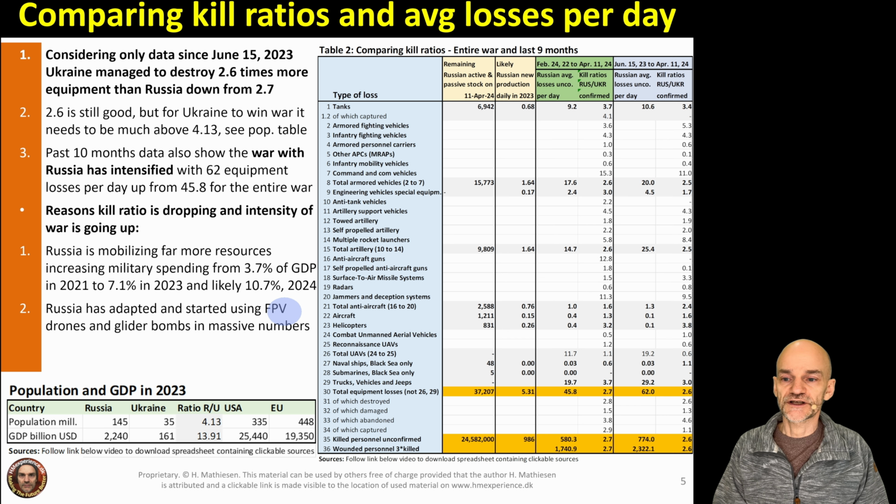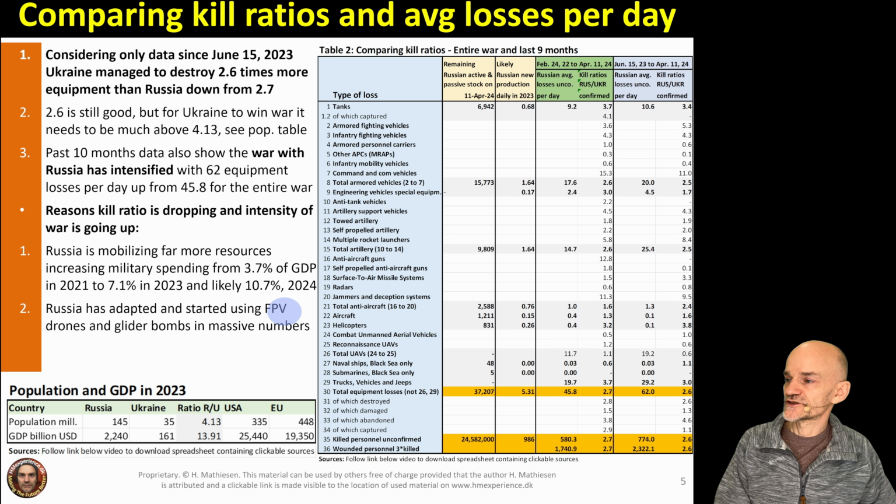These drones of all sizes, especially the smaller ones, are replacing to a large extent traditional weapons like artillery and mortars on the battlefield. And weapons that used to be very good, like tanks, they're no longer so great because they're so easily destroyed with these FPV drones that cost very little. So that's changing the war.